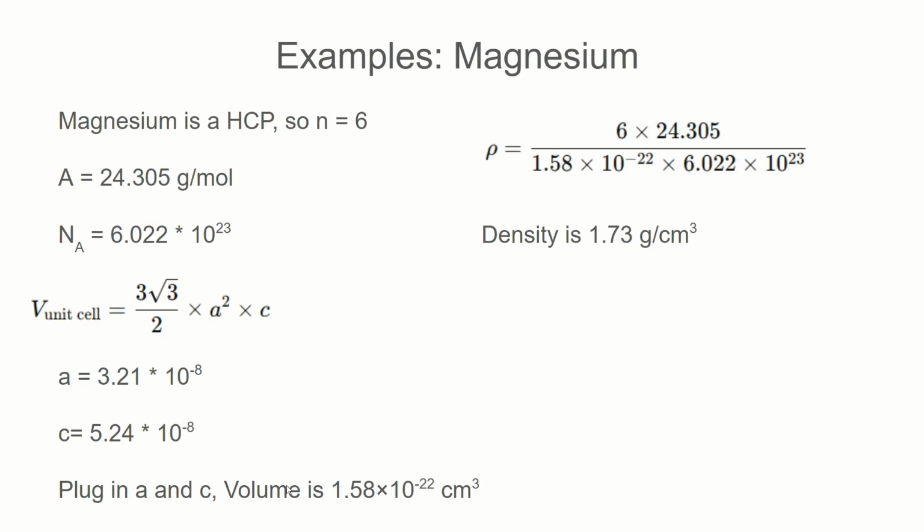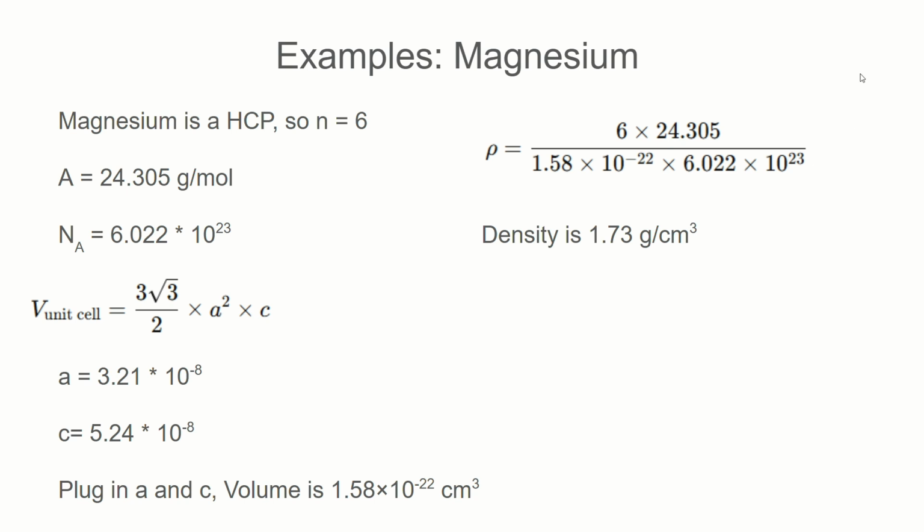Finally, looking at magnesium. Magnesium is HCP, N equals 6. The atomic mass is 24.305. The volume of the unit cell was given earlier. These are the constant values for a and c. Plug in values for a and c into the volume equation, and the volume is 1.58 times 10 to the negative 22nd. Now we have all of our variables, and plugging this in gets the density of 1.73 grams per